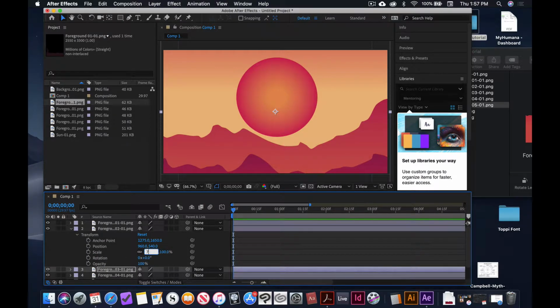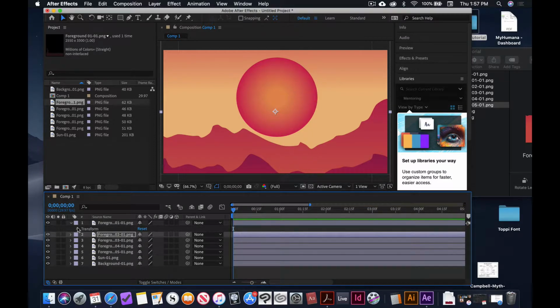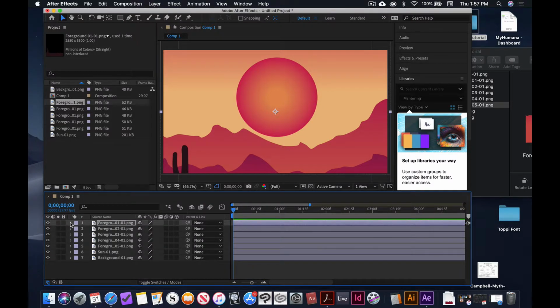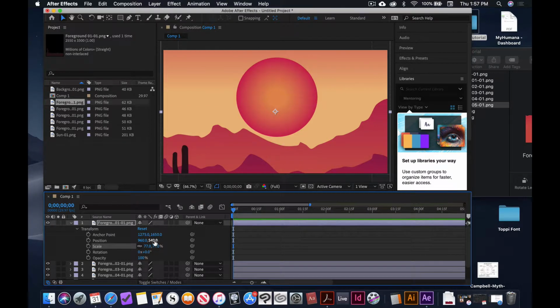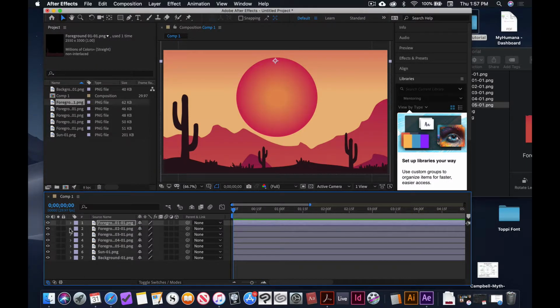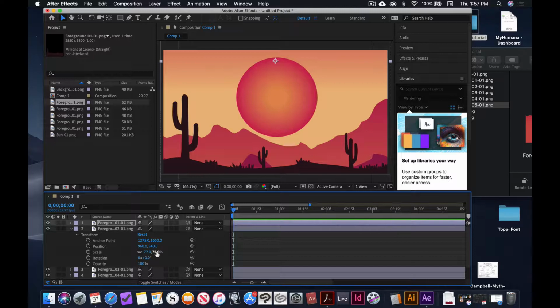So I'm setting all these scales for these foreground elements to 77%. Okay. Now what I'm going to do is with the most foreground element, I'm going to reposition it. Oh, wrong way. And then I'm going to use its position to figure out where I want to put the position of each of these other things. The reason that I brought them in separately, this is the reason right here, is so that